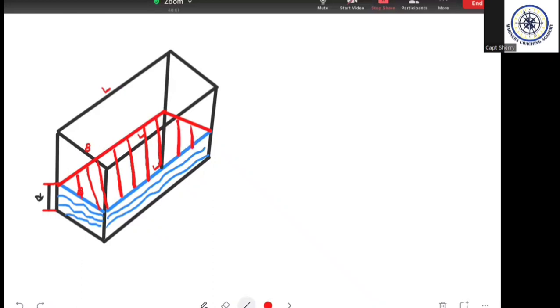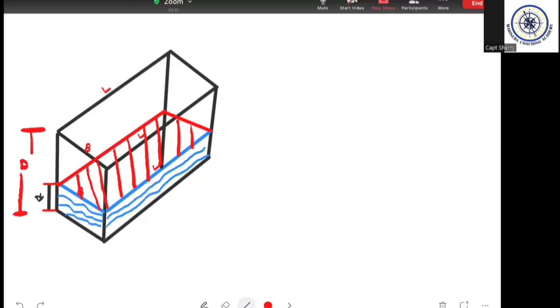This will be my water plane area. Now, this will not be affected by the draft of the vessel. Why? Because in the case of a box-shaped vessel, either my draft is this much or my draft is this much. If my draft is this much, it will still be the same, because the boundary